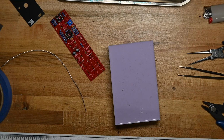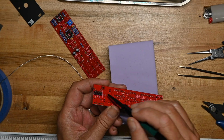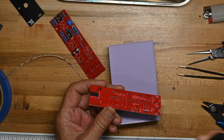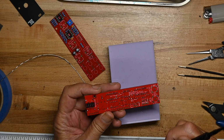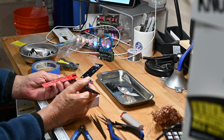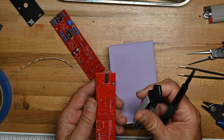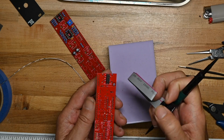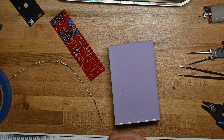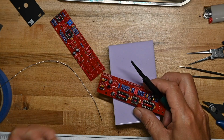Oh, the other thing that is interesting on this board is instead of using a socket, they use bare pins for the power connector, which is not a big deal, except it just means you have to be very aware of where the red stripe on the ribbon cable is, since there's no key protection from a socket to make sure that tab is going in the right place. Saves a couple of bucks, probably, a couple of cents probably, but